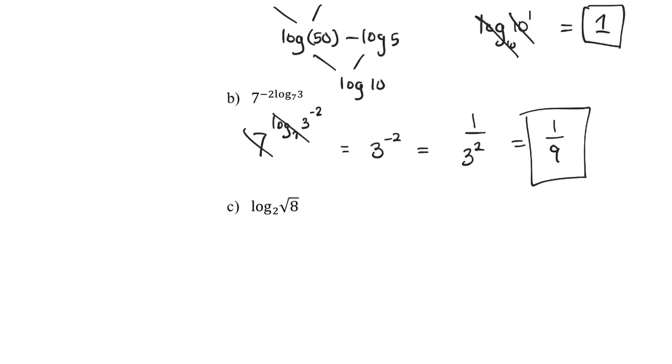Okay, part C, if you recall, I mentioned this a couple of times. Logarithms and radical signs don't mix well. So the first thing I would do here is change this to 8 to the 1/2, 8 to the power of 1/2. And then we can apply the power property that we spoke about in this problem here. If you have a base here that doesn't match the base of the logarithm, you can move the exponent down in front,